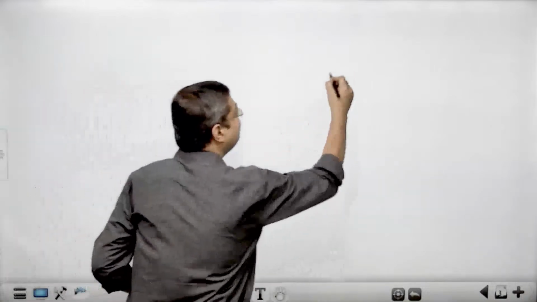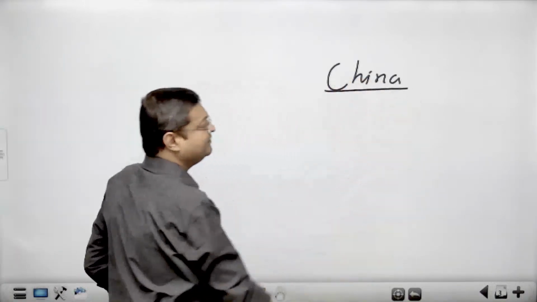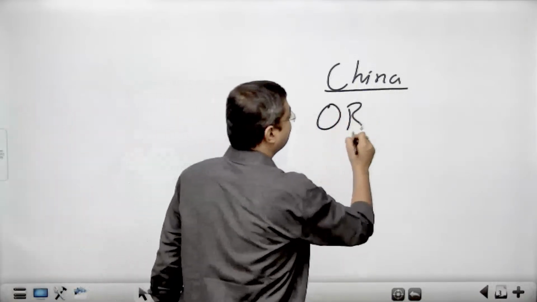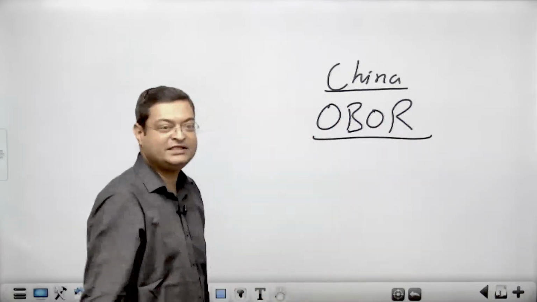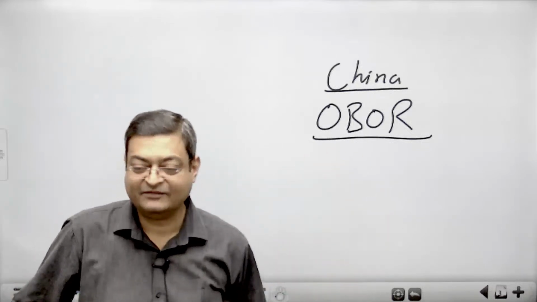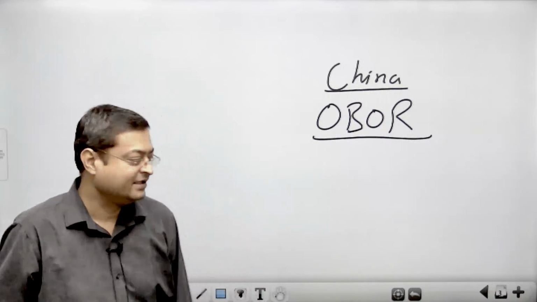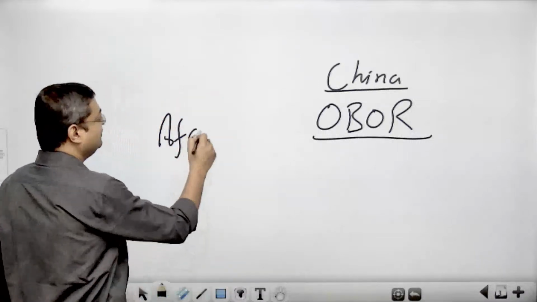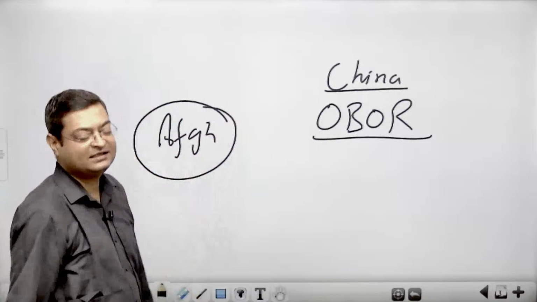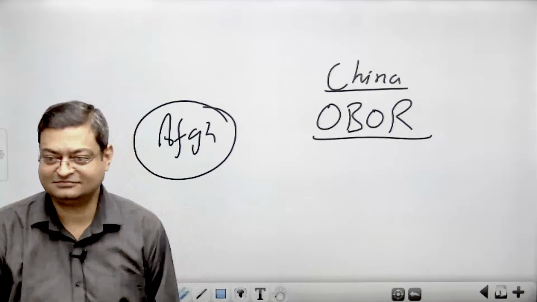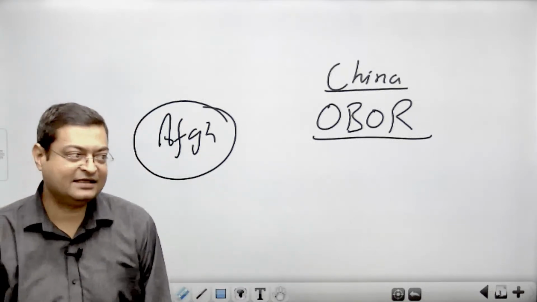I always give an example in that. For example, China was building OBOR, One Belt, One Road initiative, one of the most relevant topics at present time, and it was based on which factor? The Silk Route, which was crossing through Afghanistan, connecting the part of the Karakoram highway. So Afghanistan, what did USA do? They left Afghanistan. Again Taliban took over that place.